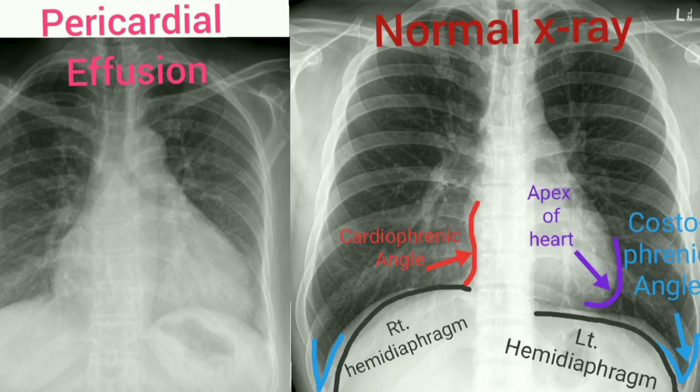The second is that there is a distance from the cardiac apex to the costophrenic angle, and it is quite large in the normal X-ray. But in the pericardial effusion, as you can see, the cardiac apex is almost reaching the costophrenic angle. The third is that the space occupied by the heart on the left hemidiaphragm is very little. But in the pericardial effusion case, which is not normal, it will occupy the whole left hemidiaphragm space. So these are the three key points which will help you to detect this.